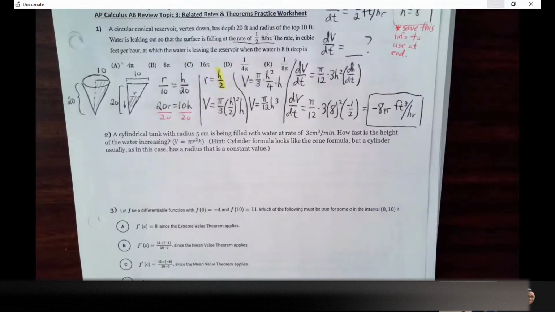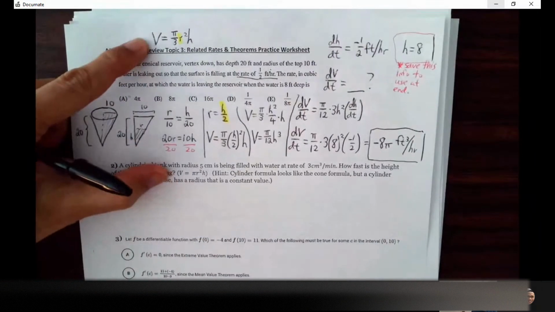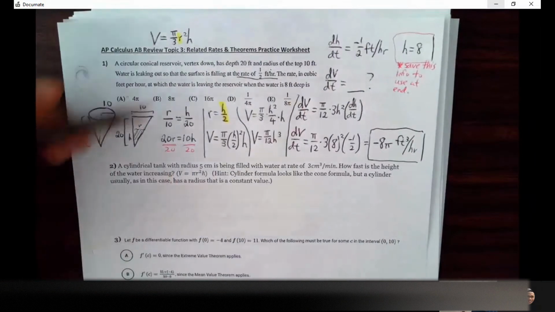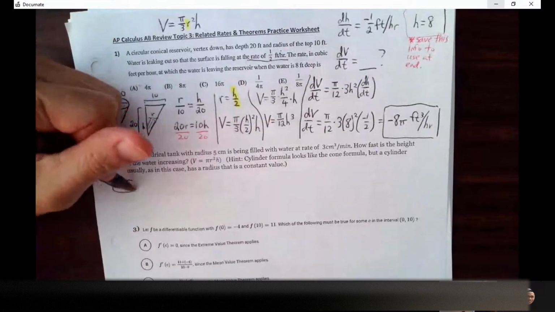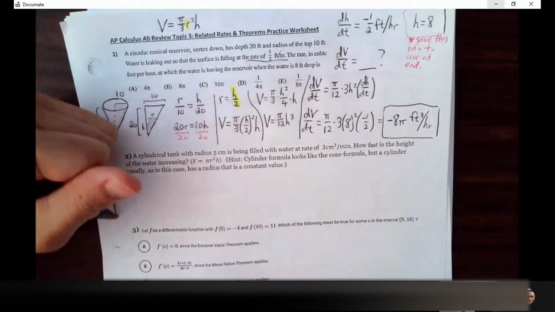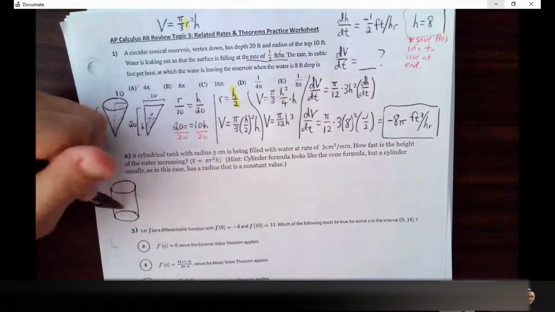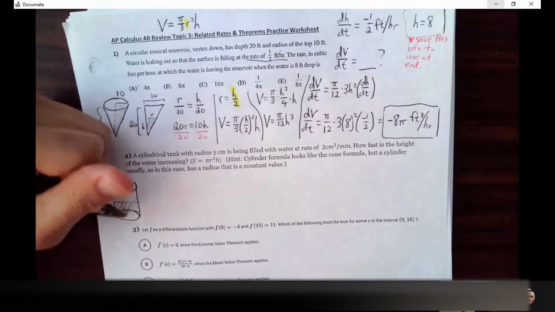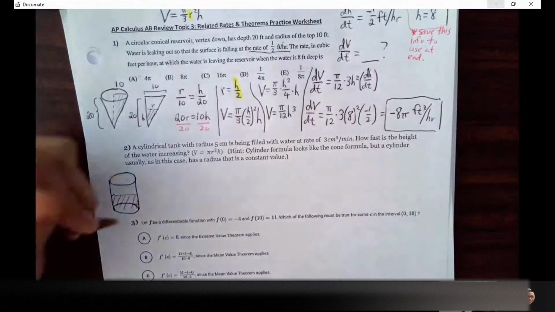All right, number 2 is not a cone problem, but it's a cylinder problem. The formula is very similar to cone, but it's a lot easier. And the reason that it's easier is because if we can imagine there's a certain water level inside our cylinder tank. As the water rises or falls,